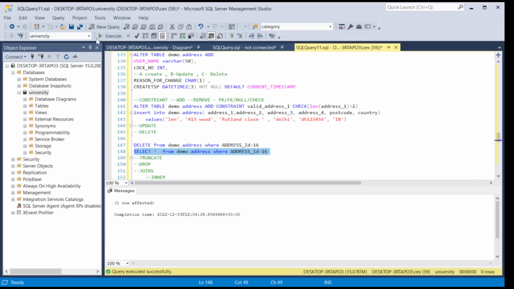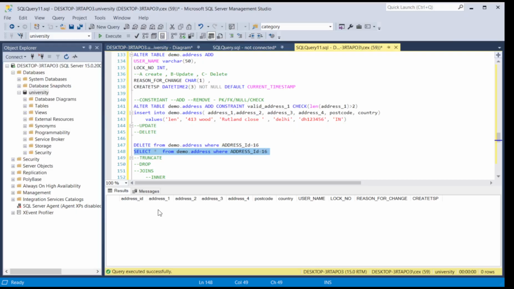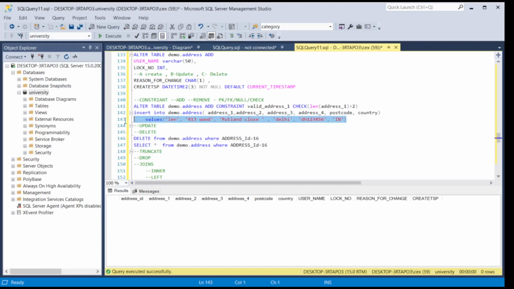So in this way, we can identify whether the data is deleted or not. There is no data related to the 16 in our table, so we didn't get that information. This is how we have added the constraints. And let's see how we can drop the added constraints, because